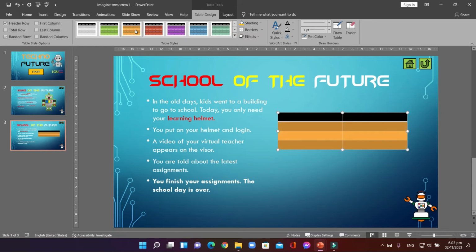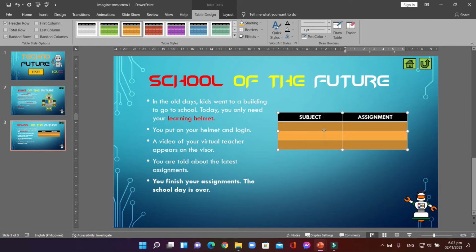Okay, let's try the golden yellow or orange thing. Okay, so the first thing you need to do is to type subject, and then on the other side, the second column, you're going to type assignment. Okay, in this table, what you're going to do is that from your subject list or the subjects that you